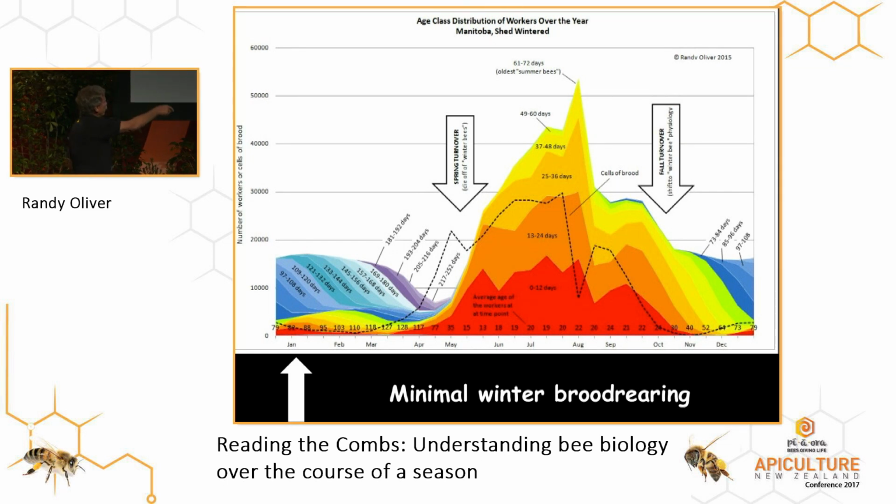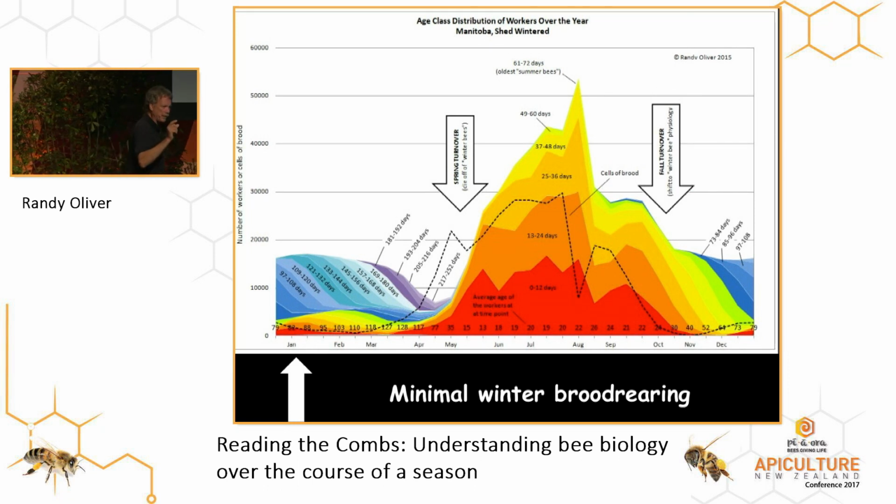So on this graph, here's what it shows. The top of the colored area is the total colony population in adult bees on this scale, in the thousands over here. The dotted line is the total amount of brood, eggs, larvae, and pupae in the hive at any time. And during the spring, it's not at all unusual to have more bees as brood than you have as adult bees in a hive.